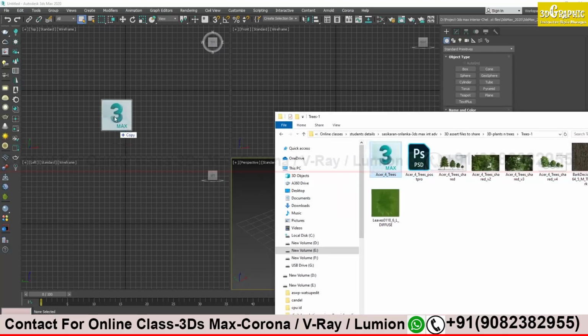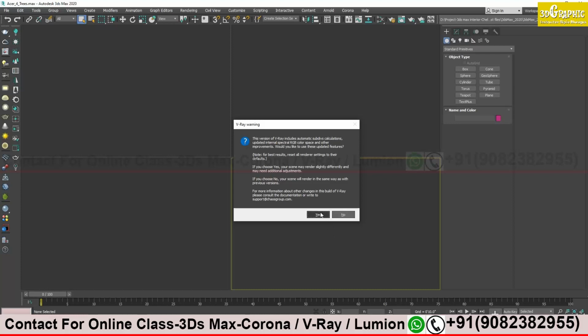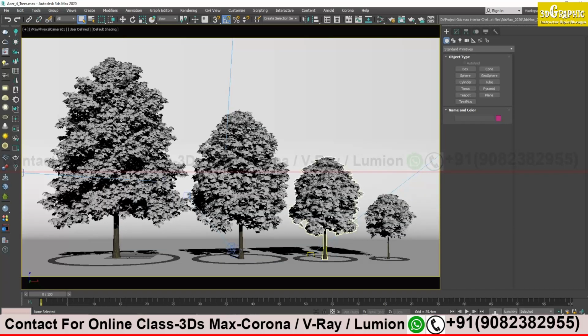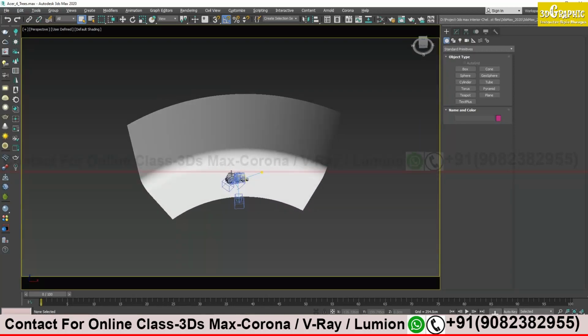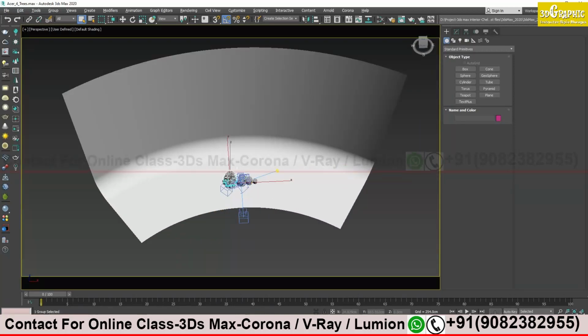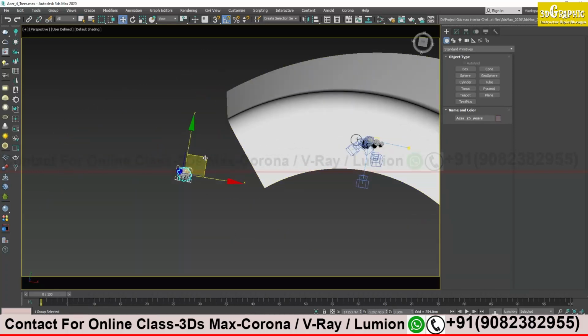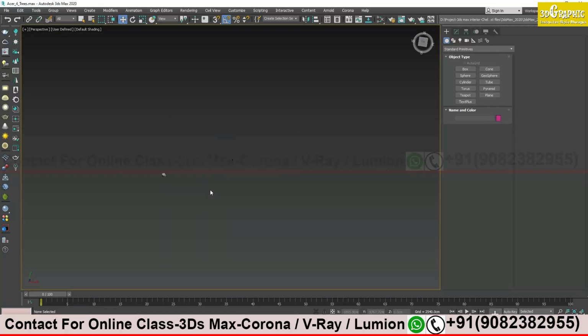So this one I will bring over here on 3ds Max. Yes, V-Ray, you want to convert in V-Ray. I said yes. Okay, perspective view. I only need one tree. No, it has everything like camera and all. I don't need that. I need only one tree, and everything else I will delete and press Shift F.